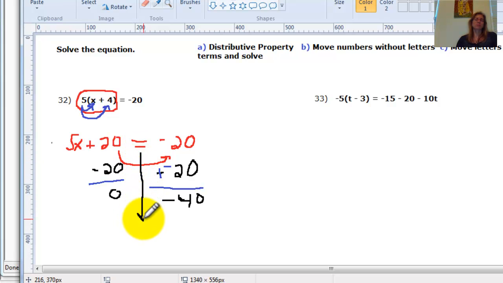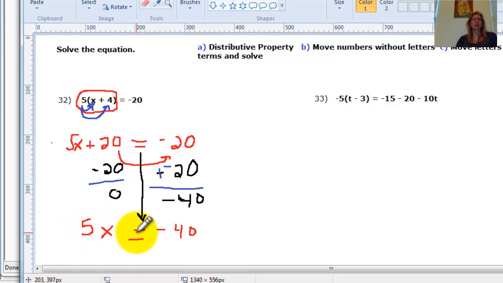The equal sign comes down because we're going to rewrite because we've made some changes. We have equal. We subtracted a negative 20, so that becomes a negative 40. And on this side, we subtracted out the 20, got a 0, so all we have is 5x